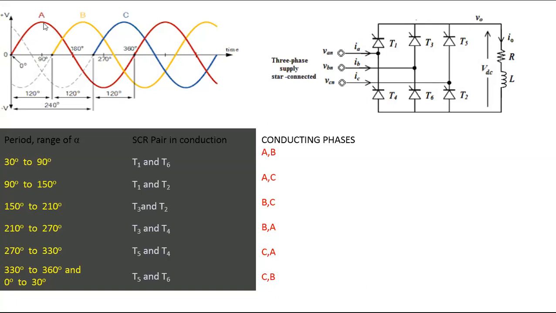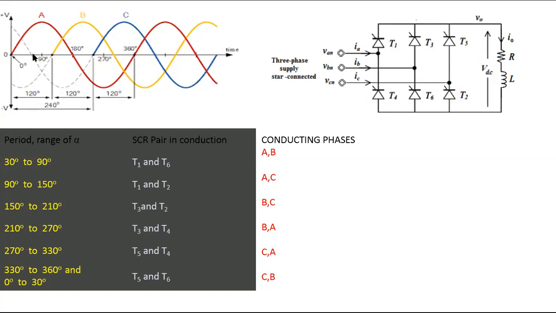And this A, where is it connected? Now you have to see the circuit. A is connected to the SCR T1. Therefore, the direction of the current starts from A. It flows through T1, and the others will not conduct. We are not giving a firing pulse to them. We are giving the firing pulse to only T1, because it is made more positive.